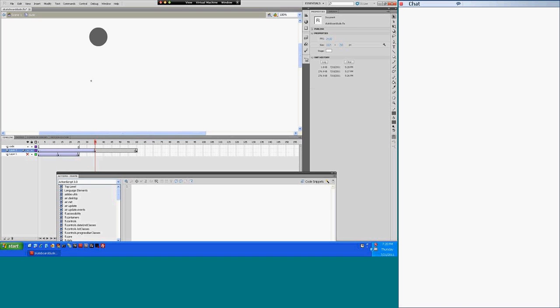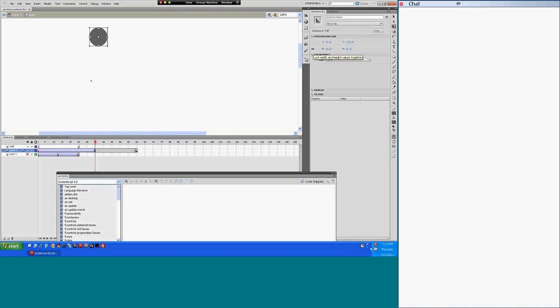Now watch what I can do. Now I'm in frame 35. I can make my ball a little smaller. So I'm going to click on that ball in frame 35. I'm going to click on the free transform tool. It's over here. I'll click on the free transform tool, and you'll see some things around there. And so briefly, the key thing to notice is that on the free transform tool, scaling